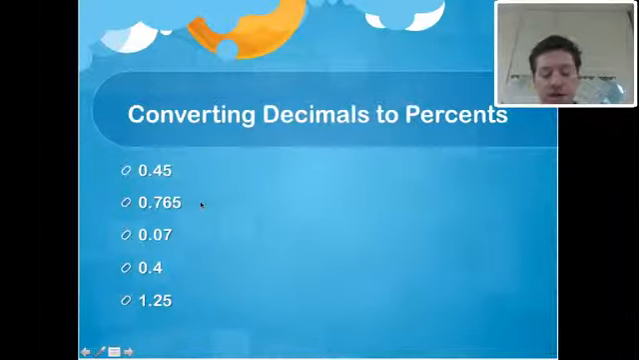So first let's look at these decimals. We'll look at 0.45. The rule for converting a decimal to a percent is to move the decimal 2 places to the right. So 0.45, the decimal now is to the right of the 5, so this is 45%. We have three numbers here. Rule still applies just the same. Move the decimal 2 to the right, 76. There's our decimal,